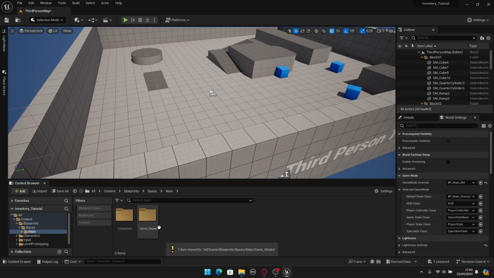There we go. So now we have this a little bit organized. So let's organize a little bit the input folder, because for this system I will actually have 2 mapping contexts here. So I will have this one, the default one, and I will have one for the UI. So when we open the inventory, I want to have some mapping only for the inventory UI. So here in the input folder